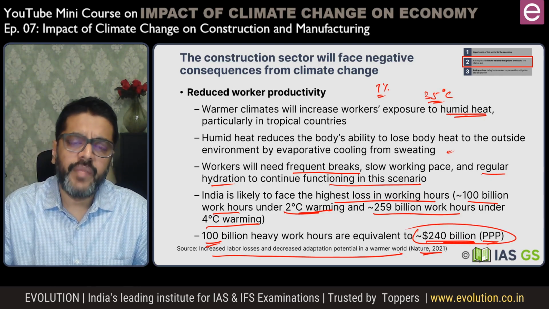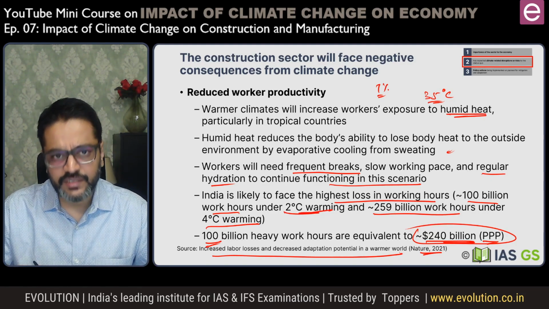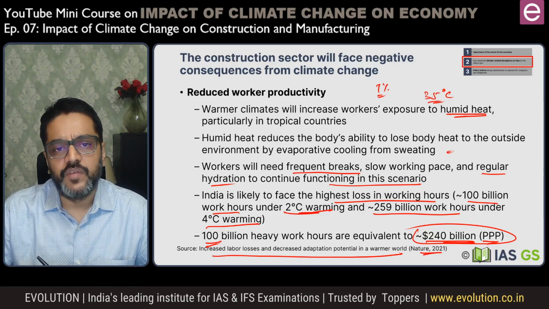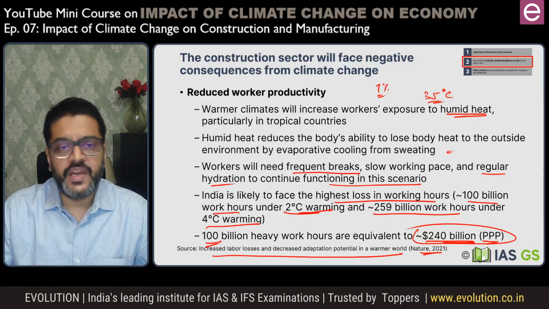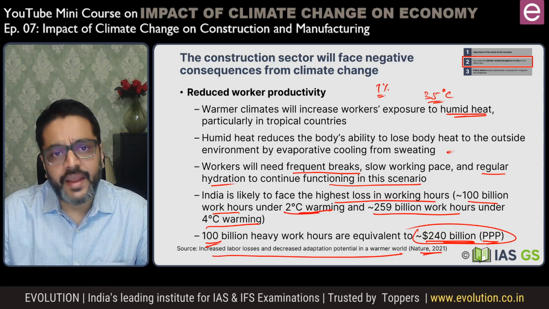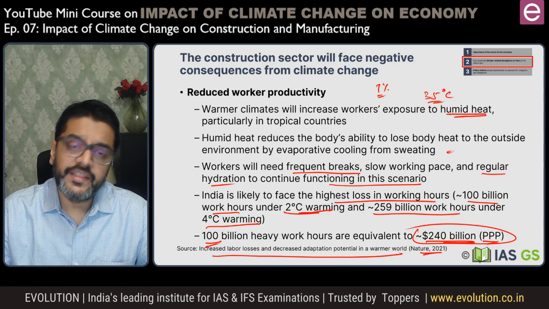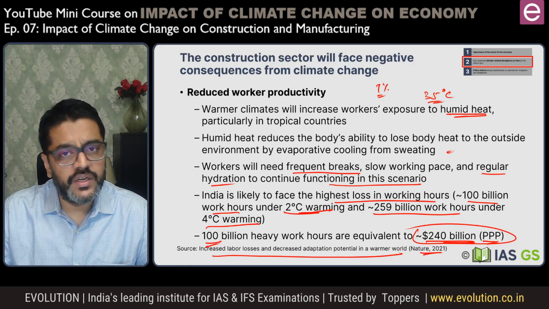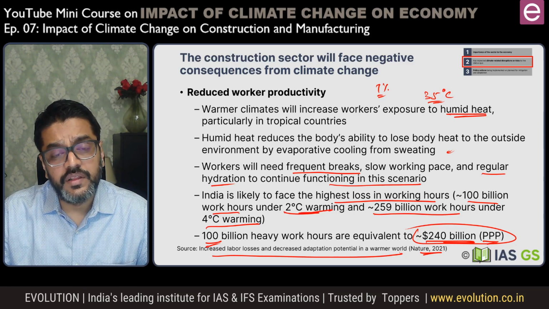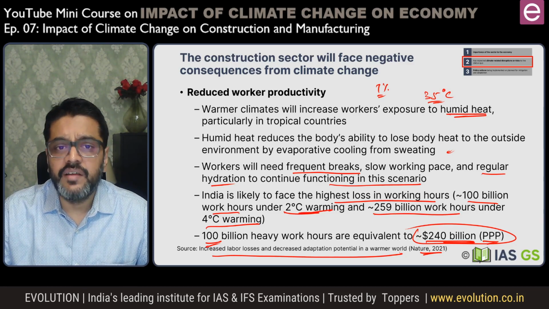So huge impact in terms of the hit to worker productivity, and then consequently these sectors which rely heavily on workers are going to be impacted, right? So we might see increasing mechanization in these sectors, right? And then that carries another challenge for a country with a large number of people such as India, that if